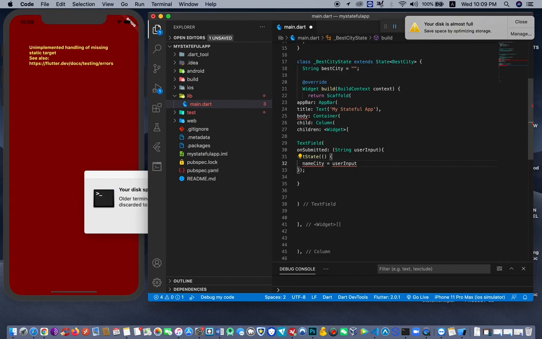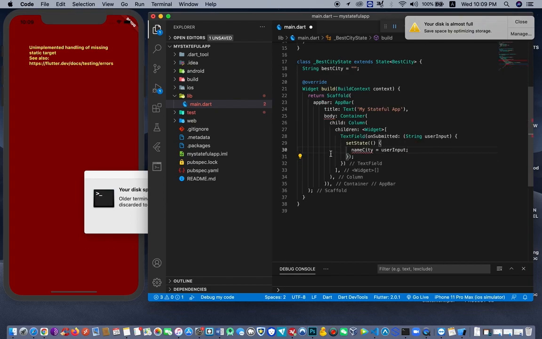So user input here first. Okay, no, we rather have to use this one. This is the input, so let's use this one, yeah, instead of that. Okay,